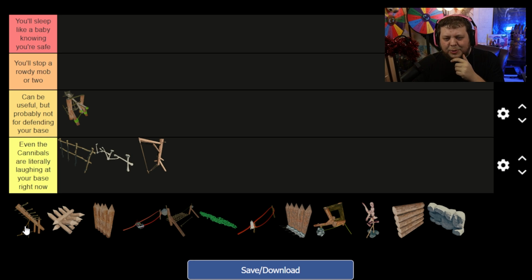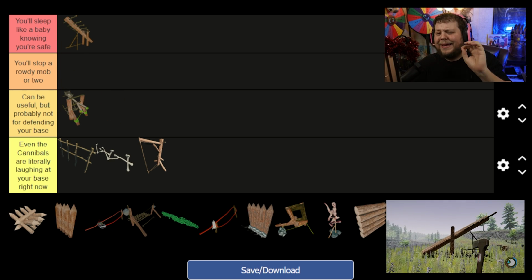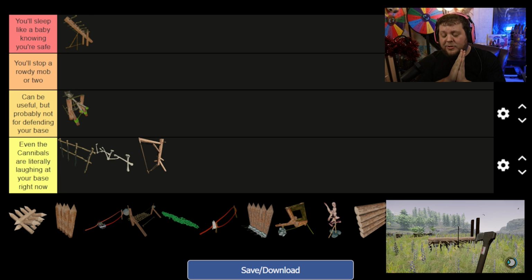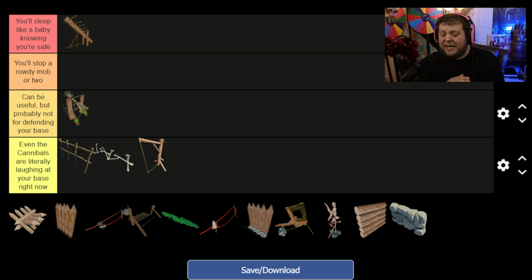Now, when it comes to the Deadfall Trap, for me, I'm placing this baby S tier. You'll sleep like a baby knowing that you're safe, because this trap is incredible. If you've not built this trap, it's super easy to make. It's like 3 sticks and 3 logs, and it is an insta kill on mutants basically at all levels. It just drops and smacks and crushes, and it's super easy to build. It's super easy to place a bunch of these around your base,